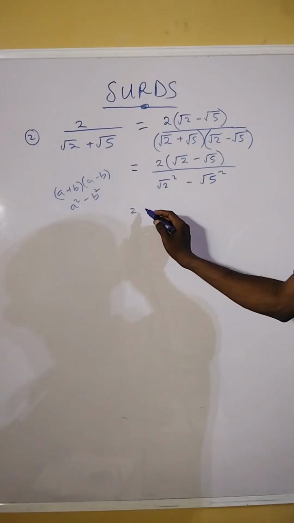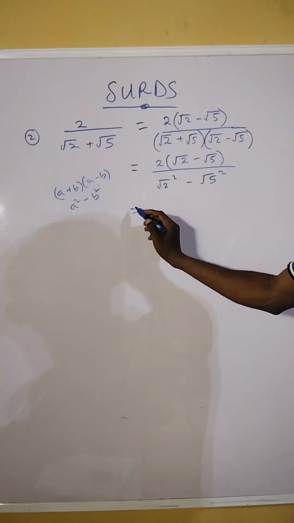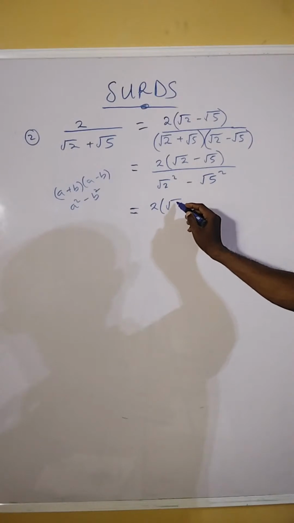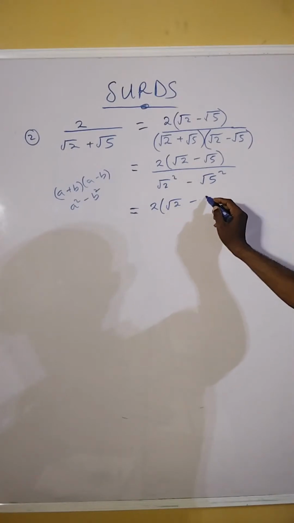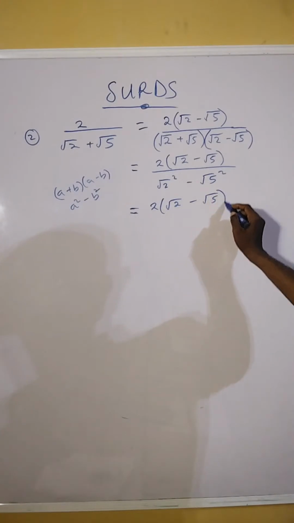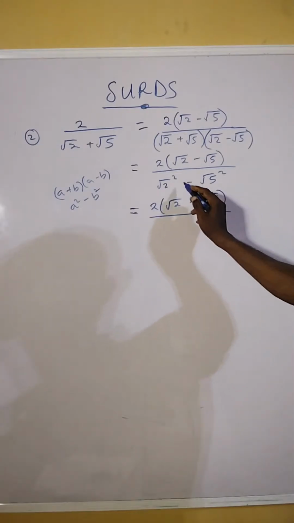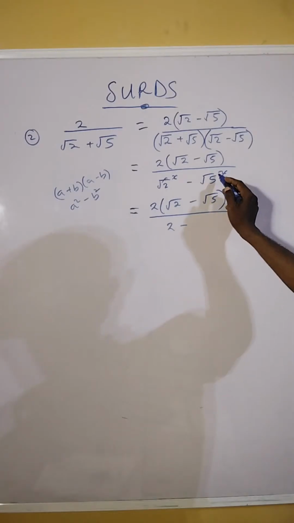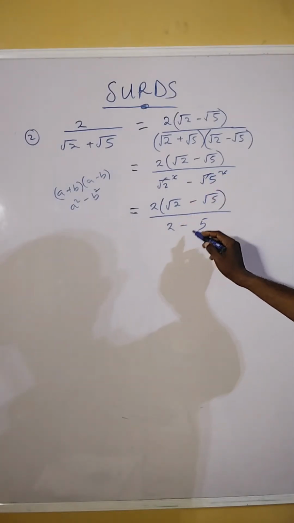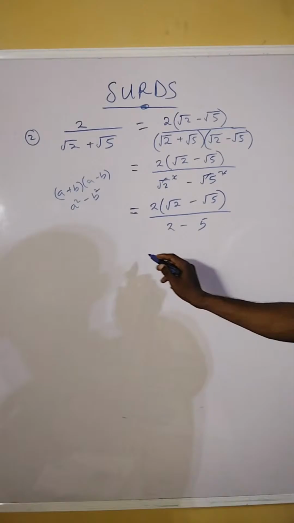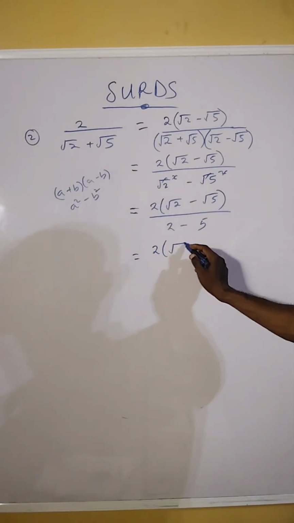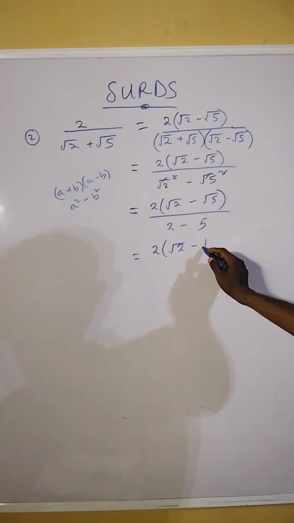That is here, we have this equals to 2 into bracket root 2 minus root 5, then over, square cancels square root here, we have 2 minus, also square cancels square root here, we have 5. Then here, this is the same thing as 2 into bracket root 2 minus root 5 all